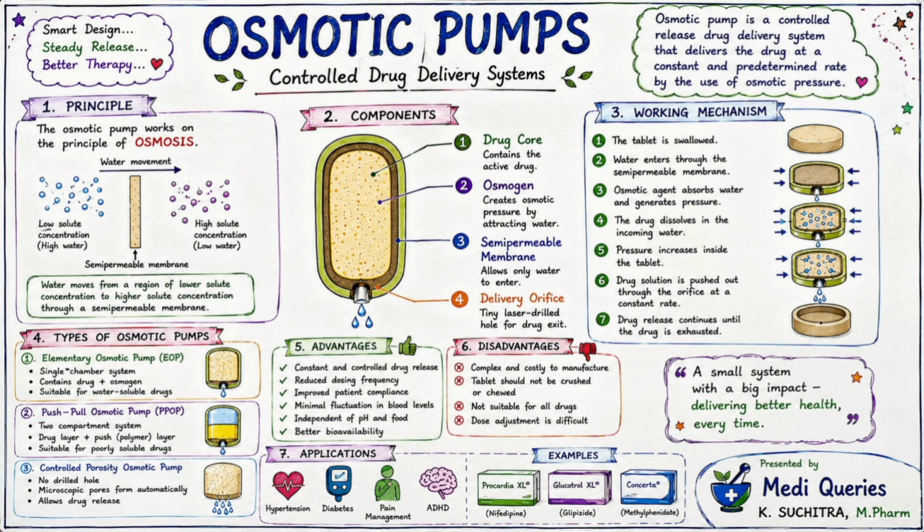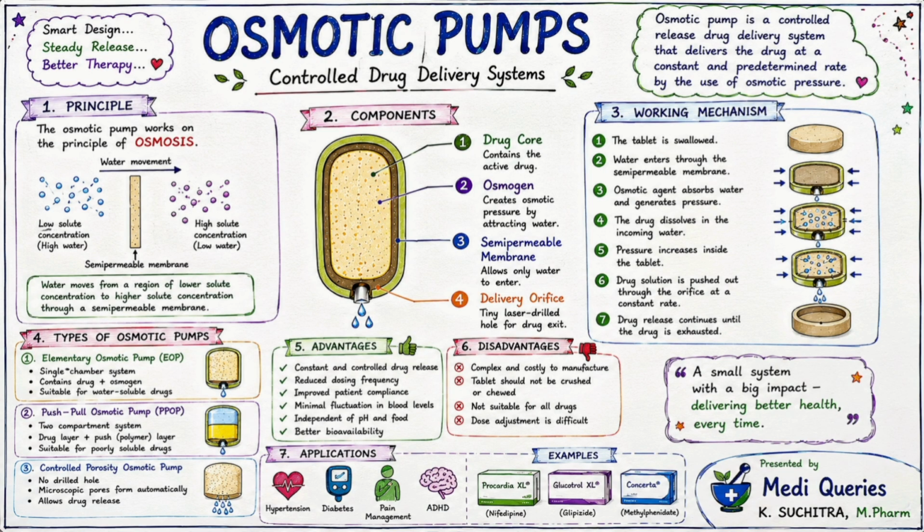Around the center diagram, divide the poster into neat sections using colorful boxes or banners. On the left side, write the principle of osmosis and draw a simple diagram showing water moving through a semi-permeable membrane. Below that, list the types of osmotic pumps like elementary osmotic pump, push-pull osmotic pump, and controlled porosity osmotic pump. On the right side, explain the working mechanism using numbered steps and arrows to show the sequence